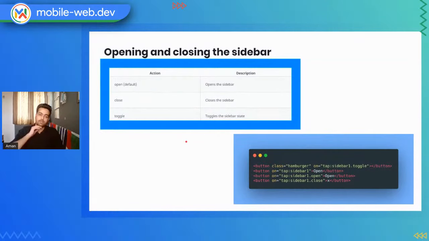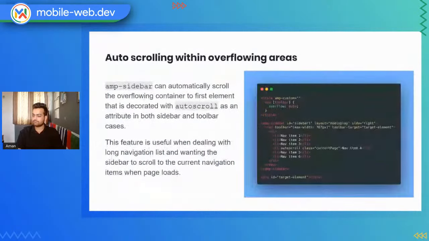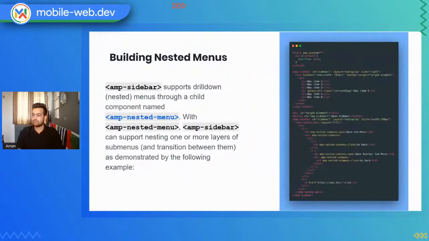If you haven't, visit back the AMP intermediate course, in which we discussed the sidebar. So you can use the same sidebar component inside the AMP story. For styling, you can give attributes like minimum width and maximum width. And you can also provide things like auto scrolling if your content is going out of hand. So this is also available as an attribute.